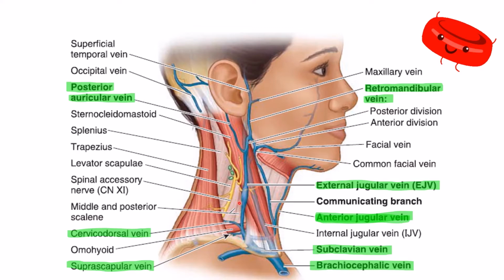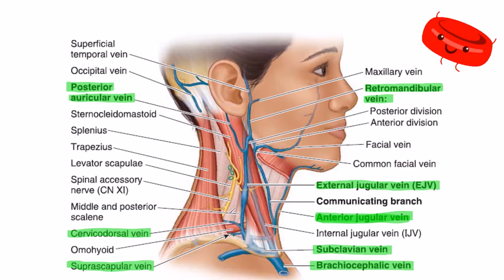The external jugular vein also receives contributions from the cervical dorsal vein, also known as the transverse cervical vein, the suprascapular vein, and the anterior jugular vein, before draining into the subclavian vein, the brachiocephalic vein, and into the superior